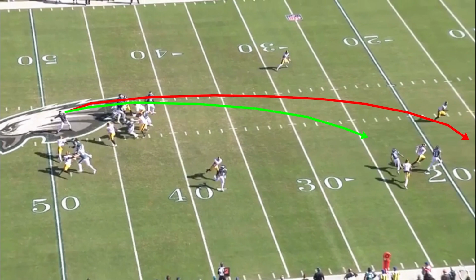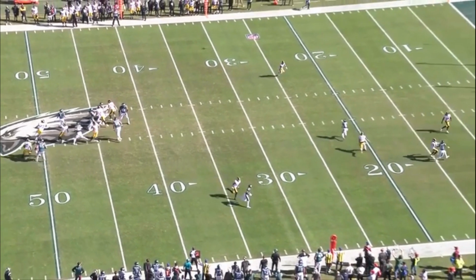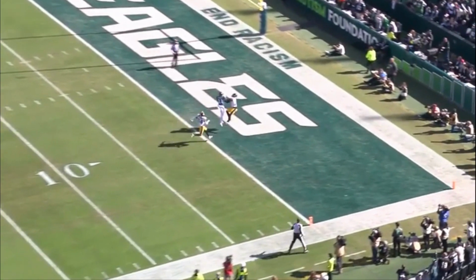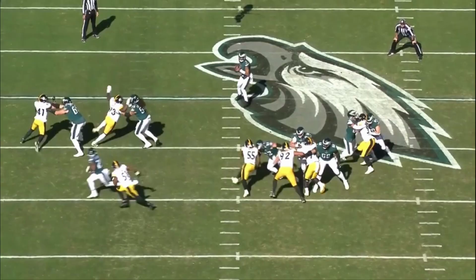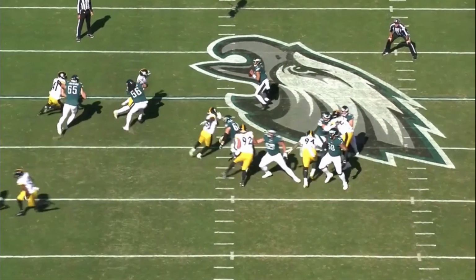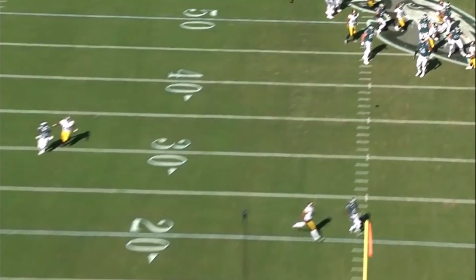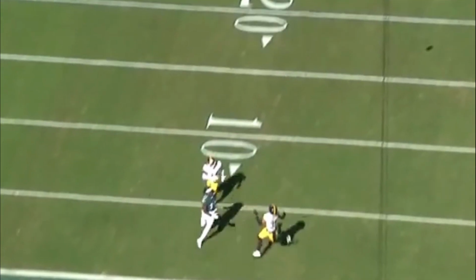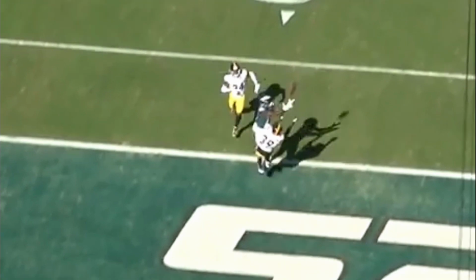But Hurts misreads the coverage. Brown sees the safety coming and stops in his route. He knows that Smith is where the ball should go, but such is the wide receiver's talent that he is able to re-accelerate after slowing down and redirect to position himself underneath the ball as it arrives in the end zone. Hurts threw the ball to the inside thinking he was throwing to open space away from the trailing cornerback. That means the ball favours Minkah Fitzpatrick, but Brown is able to meet the ball at its highest point to